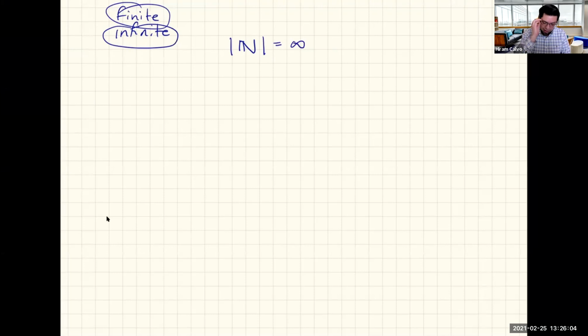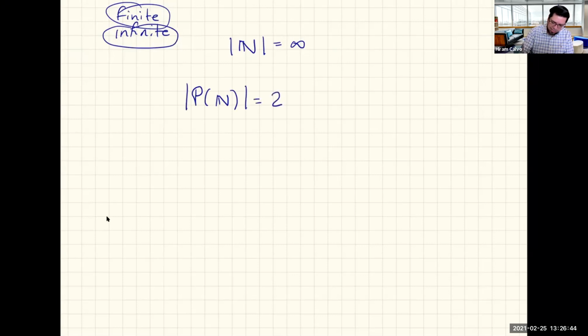Now it results that there are more that are even bigger, or different sizes of infinite sets. One of these is the power set operation. Why? Because if I want to calculate the power set of the natural numbers, which is terrible because I'm trying to calculate the power set of an already enormous or huge set, we will have that the cardinality of this